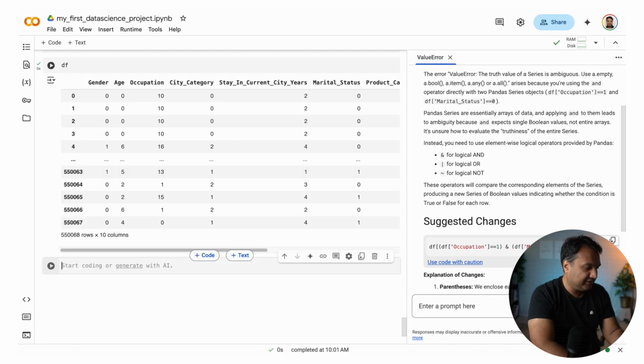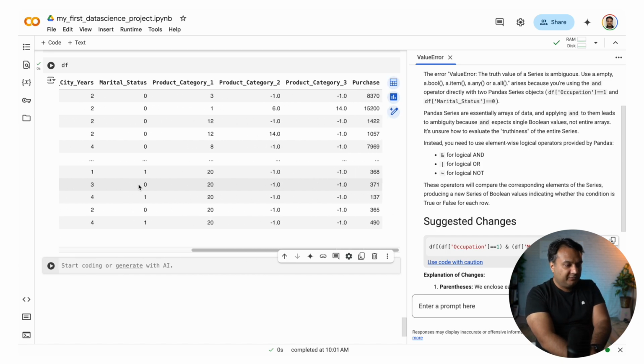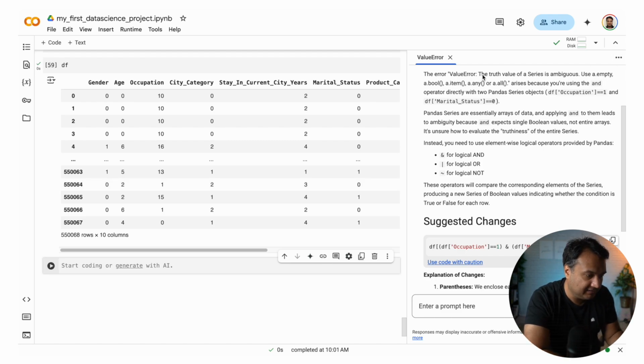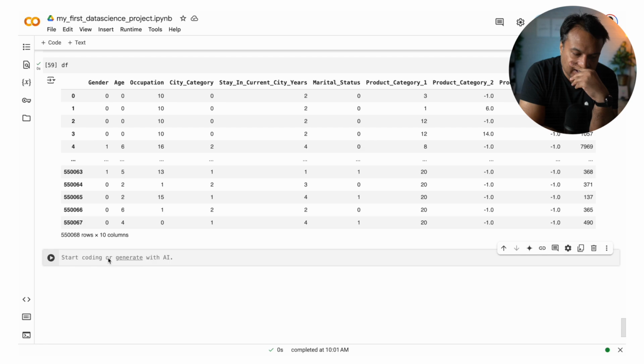Awesome. Now let's look at the data. So now we have all numerical, just useful features. We have done most of the pre-processing which is needed to complete this step. Let me close this value thing. Now the last thing which I want to do here is I want to do a train test split.